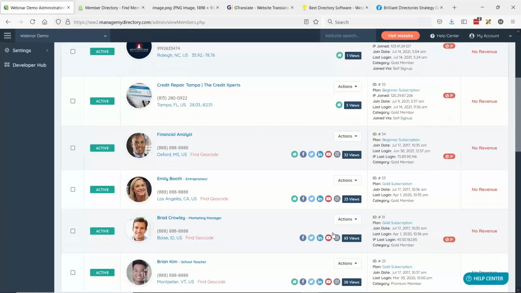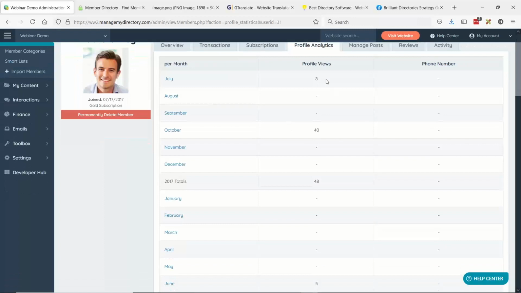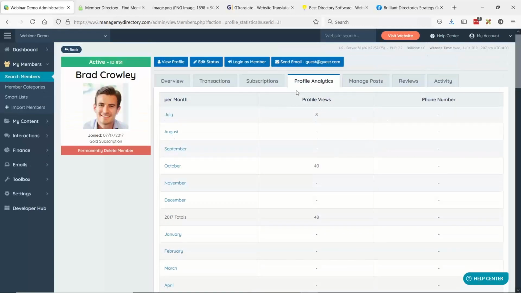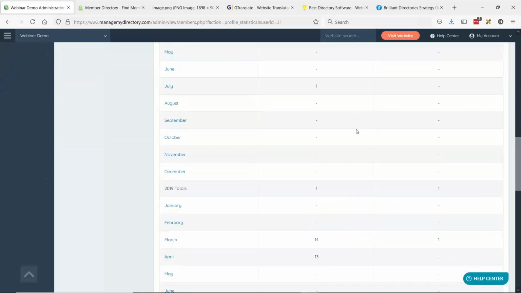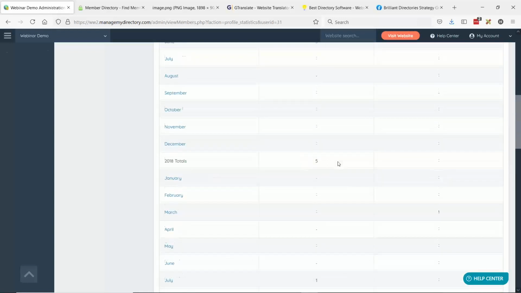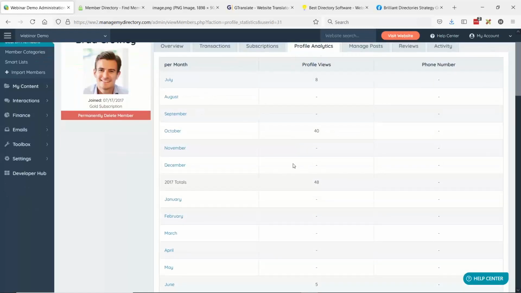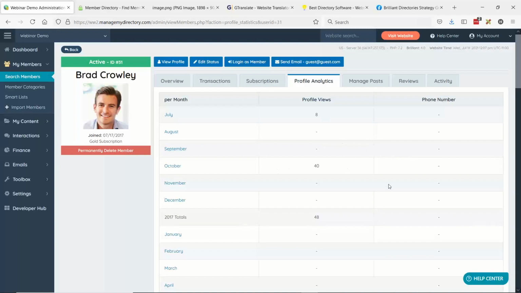What's also cool is you can click on this and it will take you to the Profile Analytics tab for that member in the admin area. So you can see month over month what their stats are, if anyone clicked to see their phone number or call them, or whatever stats you're able to track with your analytics here. And if you scroll down to the bottom, you can see the totals. We will be improving the UI of this. I know Colette has mentioned in previous webinars she'd like to lock this top part here. There are some other things that we want to update to make the stats a little nicer to look at. So we'll be having those updates in the coming months as well.